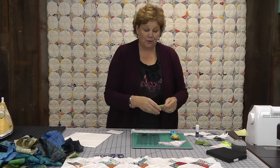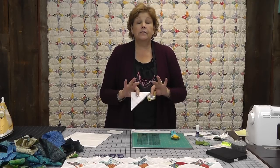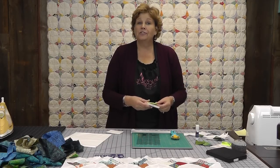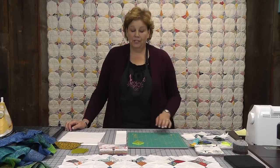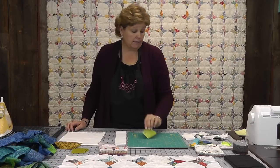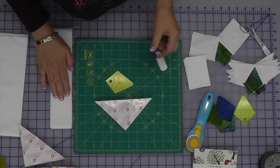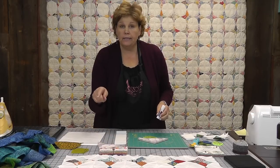It's so adorable. And we also have the tiny little papers. Now it's done exactly the same way, but I'm going to show you how to do it anyway, just because it's so cute and so easy. Okay, so to make this quilt, you're going to need this little template. You're going to need a set of these papers. You're going to need a glue stick. You're going to need some background fabric, and you're going to need your pop fabric that's right in the middle